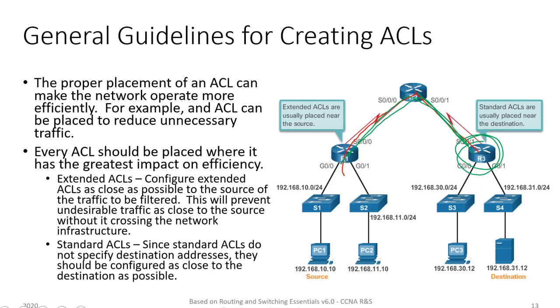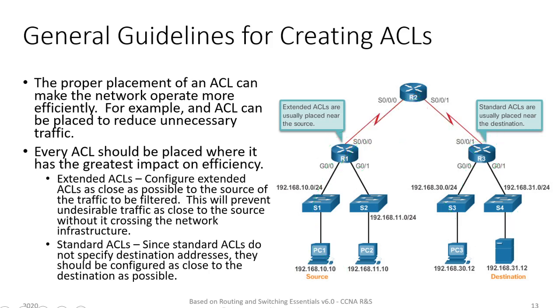Say, for example, the packet that is coming here only has the source address, specifying the packet is from this PC. When it reaches this router and we only want to deny it reaching this network, we would not know whether this packet is going to this network or this network at this point. So that decision can only be made towards the destination. For that reason, standard ACLs will have to be applied there.